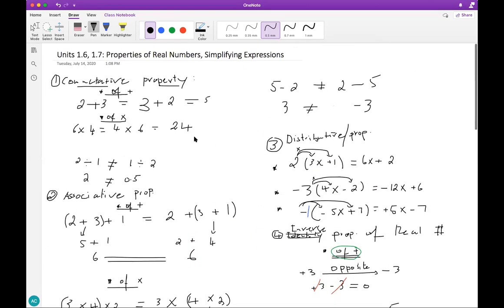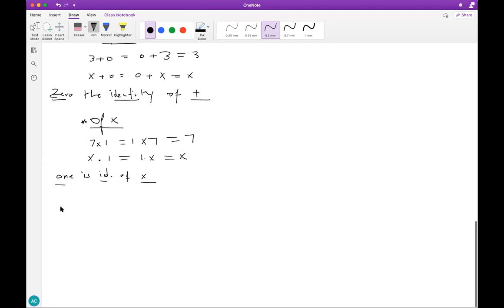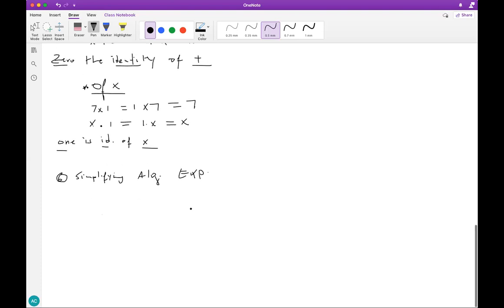Okay, so the second part, or we can continue on with these. Let's call it number 6. Simplifying algebraic expressions. Again, we introduced algebraic expressions in the previous lecture. We talked about them in detail. Basically, an algebraic expression is just numbers and variables. Numbers and letters,